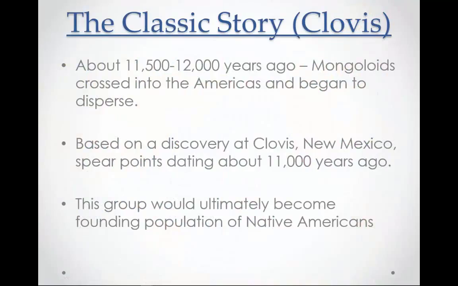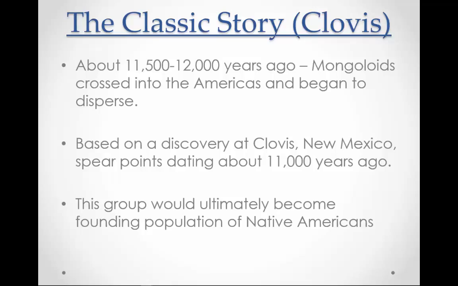So this theory is known as the Clovis model, and the reason for that is that the initial discovery of these settlements was at a site in Clovis, New Mexico, and these spear points are dating anywhere between 11,000, 12,000, maybe even a little bit further in our timeline here.